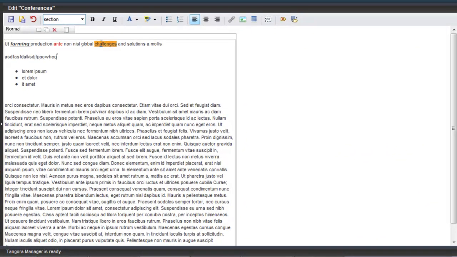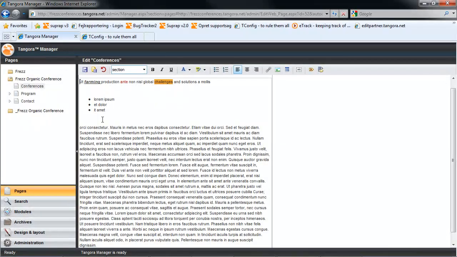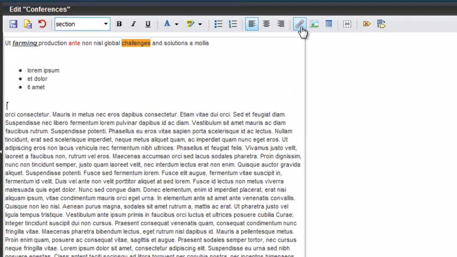If I've been undertaking some text changes and then change my mind, maybe I find out that I was in the wrong place or something, then I can revert to the last published version of my page with the Recreate Most Recently Published button. Now I want to show you a bit about creating links and tables with the icons up here at the top. There's also a button for adding images, but I'll save that topic for later.